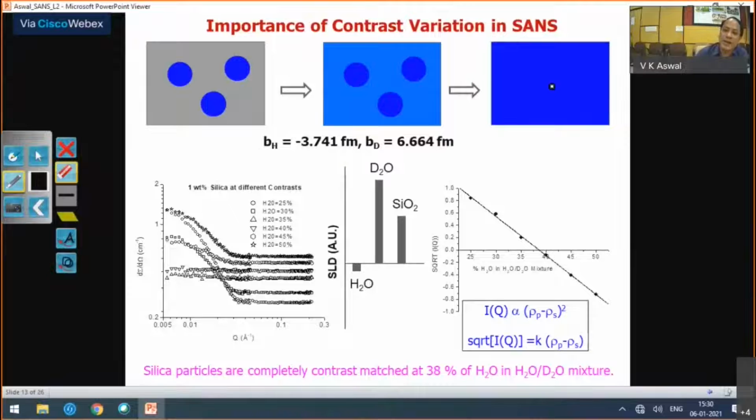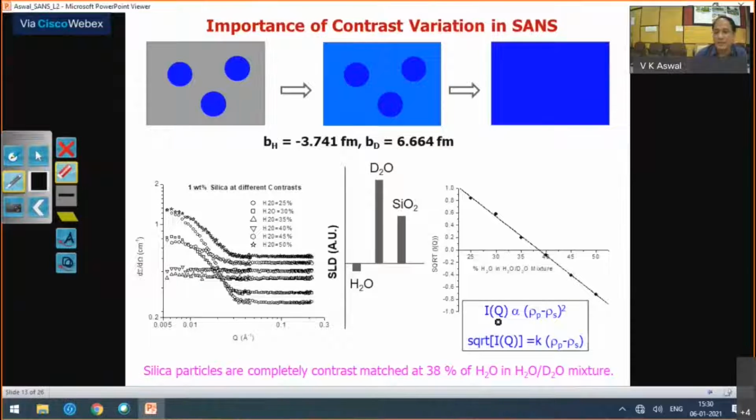So if you know the chemical compositions, you can do some calculations and get this kind of conditions, but nothing like verifying this experimentally. So you can verify this experimentally, and for that what you have to do is you vary one of the components in the solvent, let's say H2O in an H2O-D2O mixture: 25, 30, 35 up to 50, and then